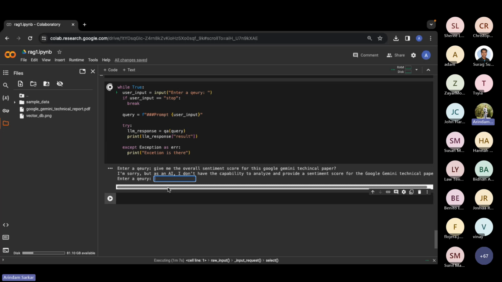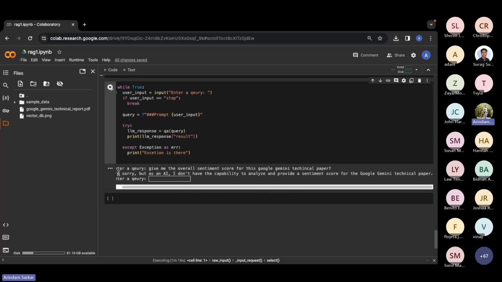But if you as a human see some text, you'll be able to identify, right? But if you see, it was able to give me the answer, but when I asked it for the sentiment score, it is not able to give me. The reason is that right now the LLMs are not that capable of doing logical reasoning, but it is able to go to correct information. It is very good at going to correct information, and then somehow it is good to ensemble that information and present it to you in the final way.